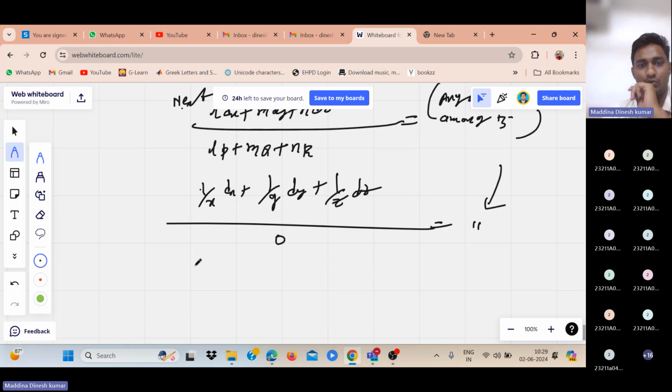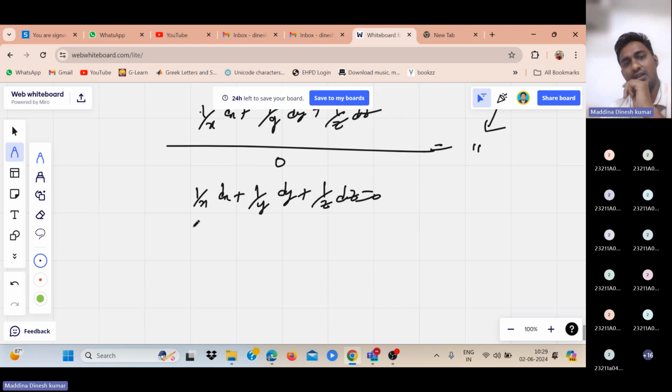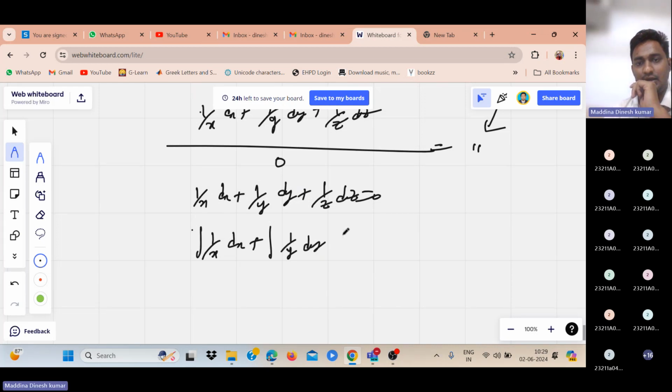Here we will get 1 by x dx plus 1 by y dy plus 1 by z dz equal to 0. Applying integration, then you will get integral 1 by x dx plus integral 1 by y dy plus integral 1 by z dz equal to